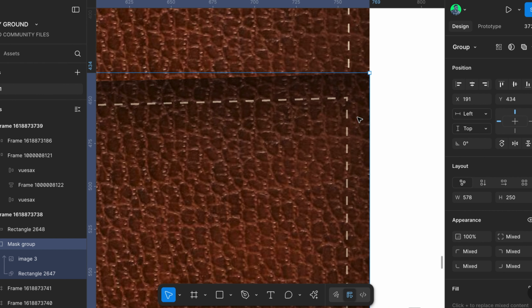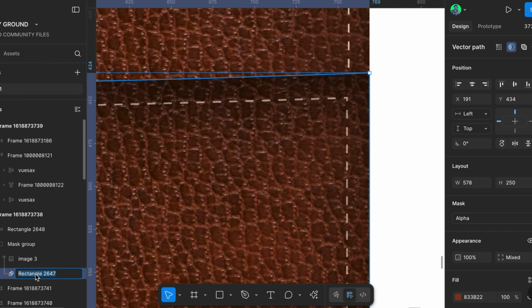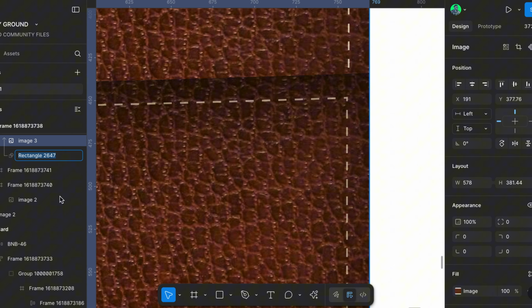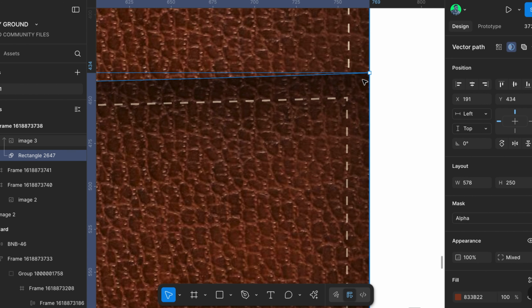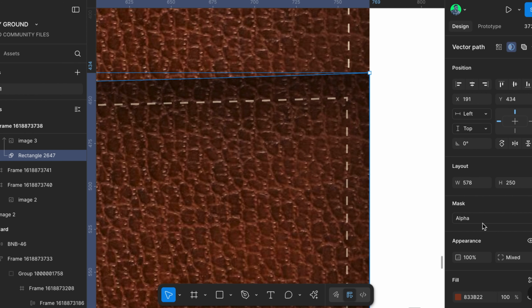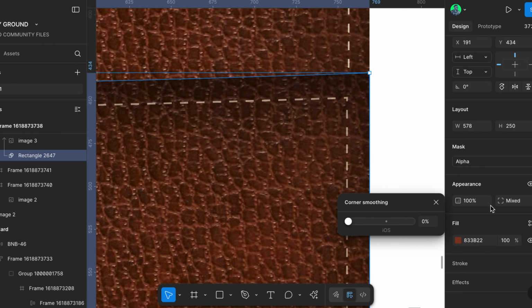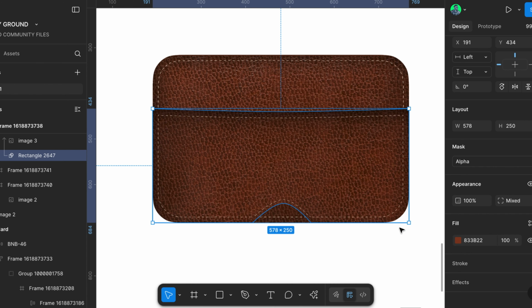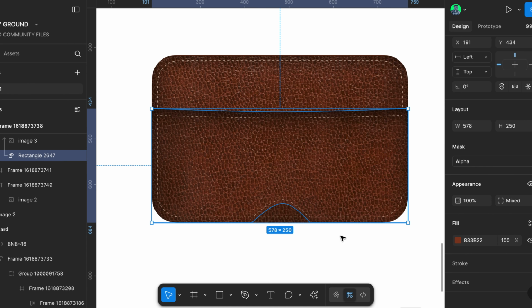Wait, let's use the mask here, and then we have the rectangle in the mask. So for the rectangle in the mask we want to have, what's my guy, this guy, okay, the rectangle in the mask, that's the image, and this is the rectangle, and I want to have corner smoothing. Corner smoothing. I feel like we would have curved it before doing the masking, but regardless,